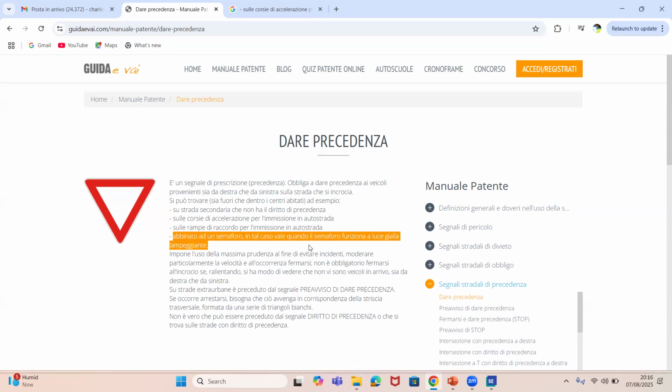That word abbinato means, you can also say, munito. They said, if they put a semaphore close to it, the pannello integrativo is now working. In tale caso, this direct precedenza will be working as what? Funziona a luce gialla lampeggiante. Now, what is luce gialla lampeggiante? Put a question mark. When we get there, we'll explain it. Is it clear now? Don't do the quiz on it now because we've not done it. It is very long.